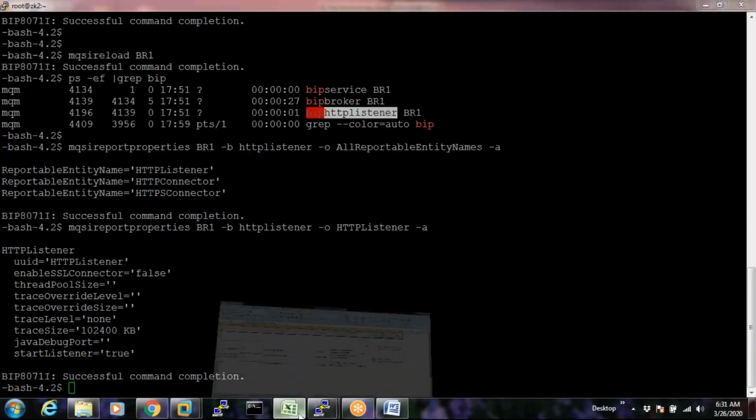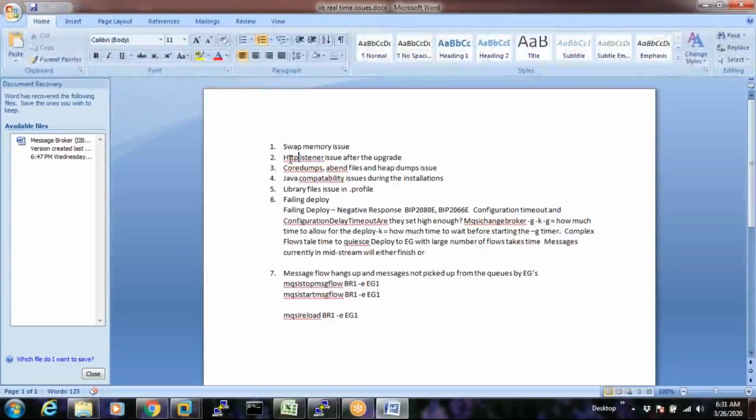That is what I want to explain here. Sometimes this happens during an upgrade, especially when upgrading from Message Broker 8 to IIB 9. Two times when I was upgrading in my real-time project, I have seen this. That's why I specifically mentioned it.